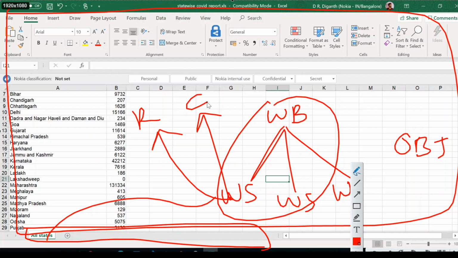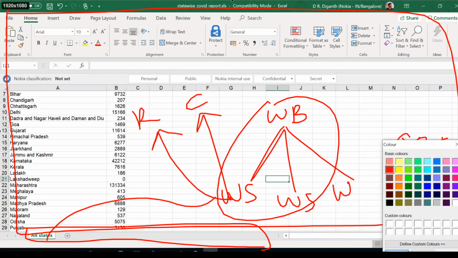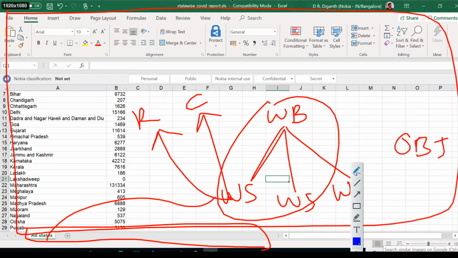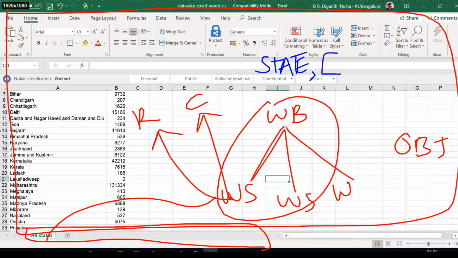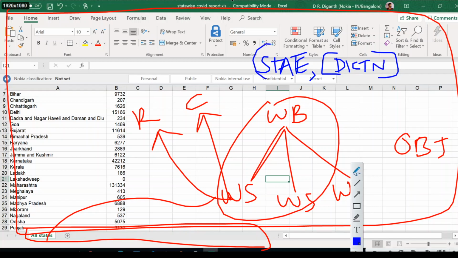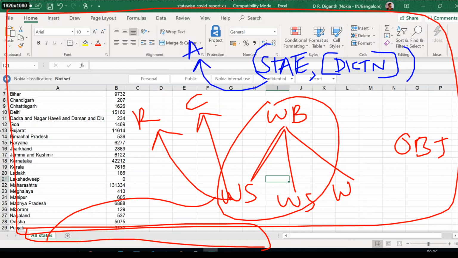So my final intention is, I am getting the state data. I have passed the state into that function, and then the complete dictionary, which I got as JSON, and I am getting output as active cases, the active cases in this particular state.